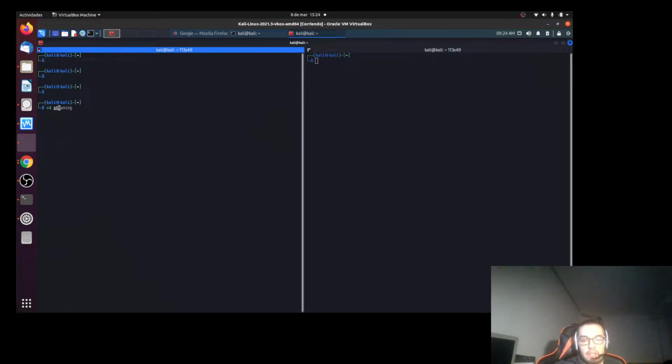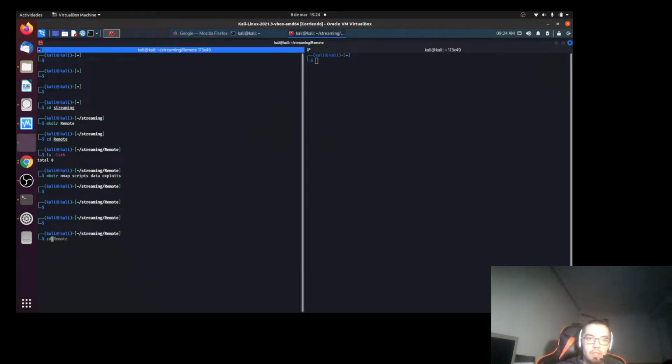Let me start. I'm going to create a new directory, mkdir, named after the machine, remote, and cd inside of remote, and mkdir nmap, scripts, data, and exploits. So inside of nmap,